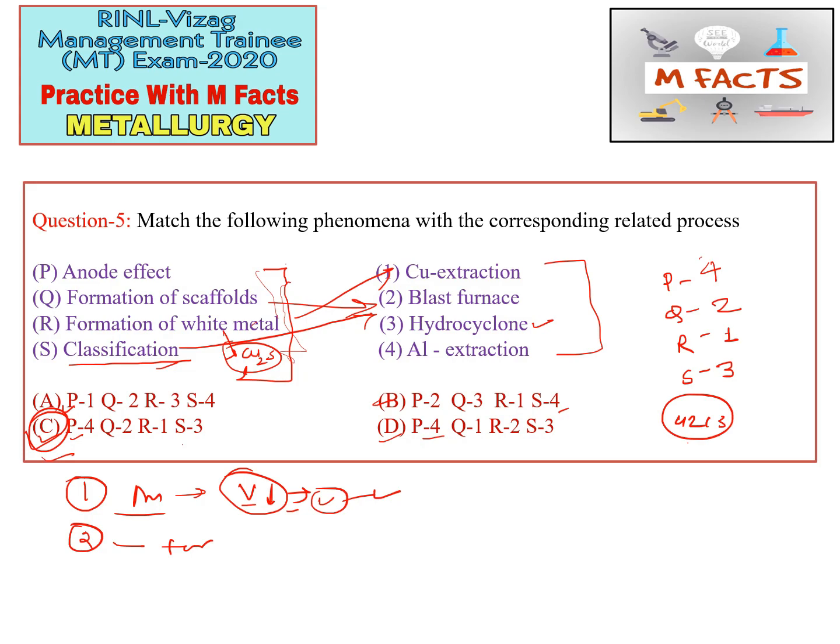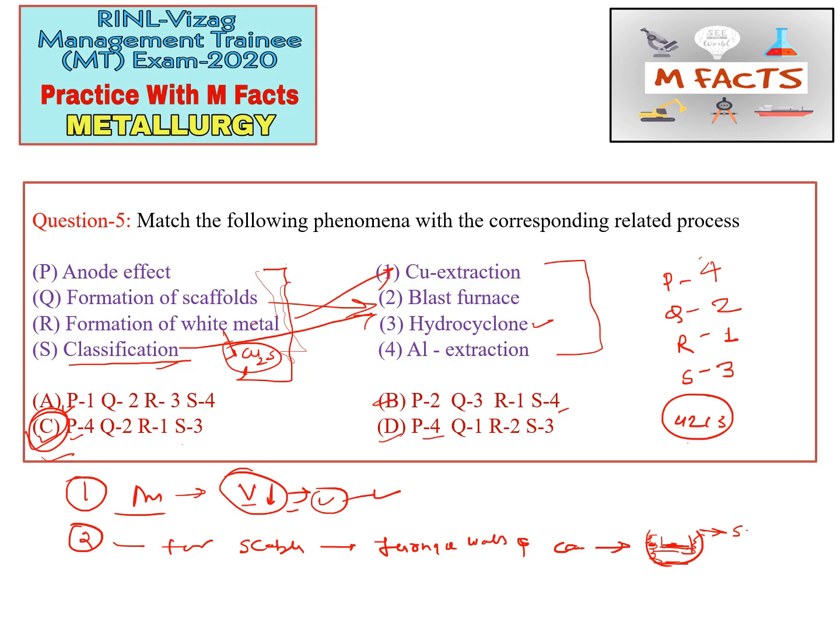Okay, so when scabs build up on the furnace walls, they cause a decrease in cross sectional area. Whenever the scabs start building up at the furnace wall, the cross sectional area of the stack of the blast furnace will decrease. That is known as scaffolding. So scaffolding is related to the blast furnace.